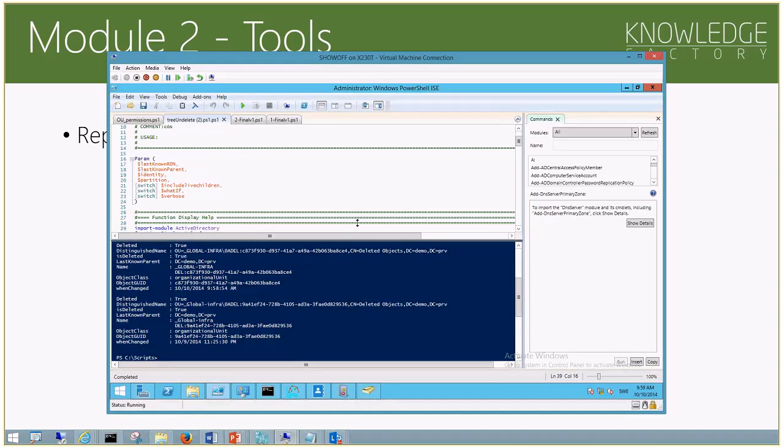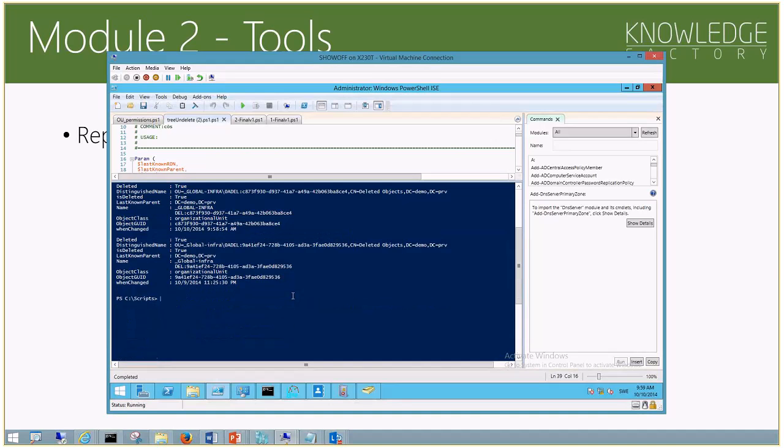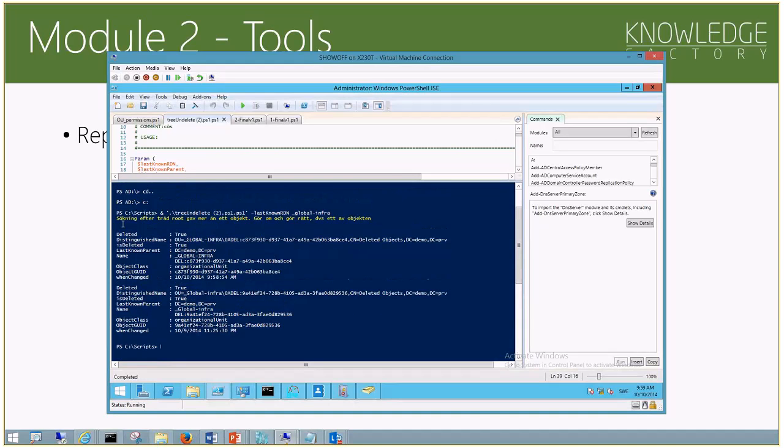Since I have played around with this last night, and this is in Swedish because it's an old script that I did for a demo, I have more than one tree with the name Global Infra. So it asks me which one I actually want to return. So let's see. We want to return this one. So I take the GUID, copy the GUID,